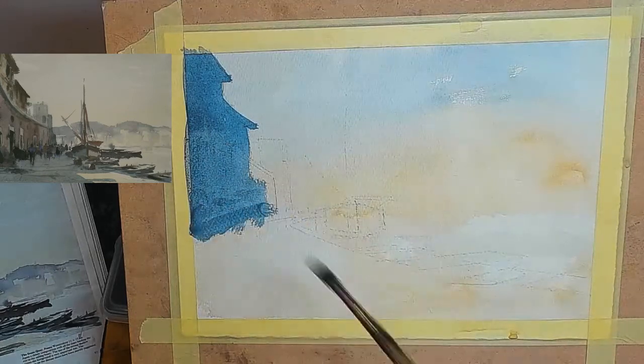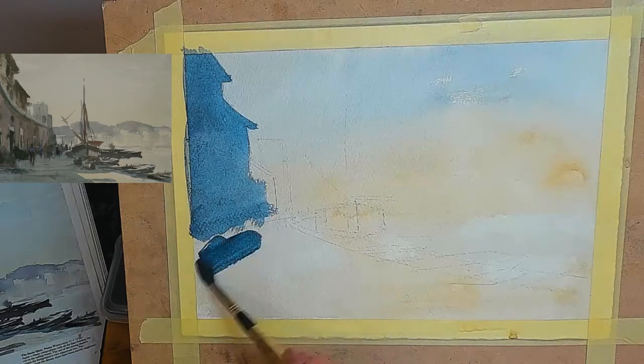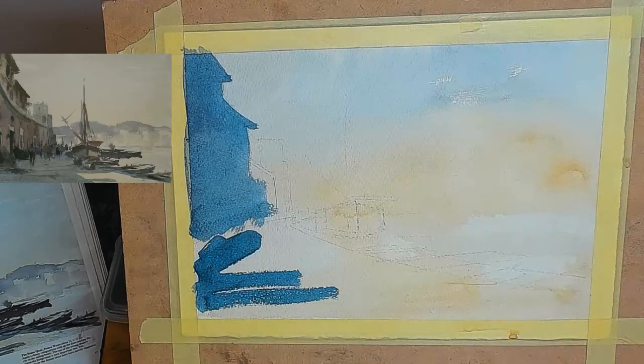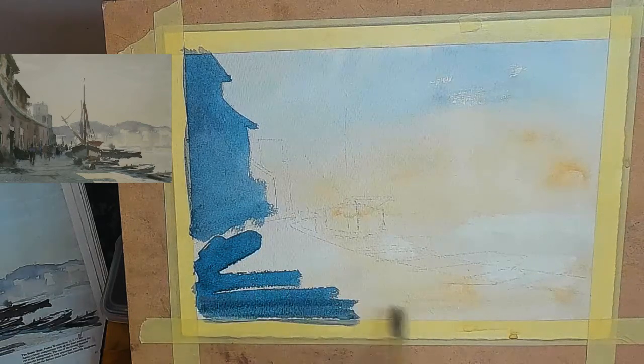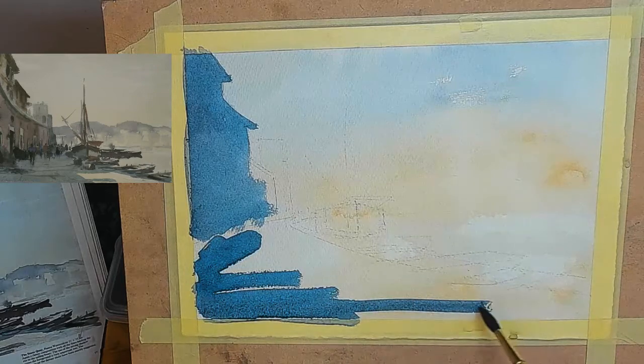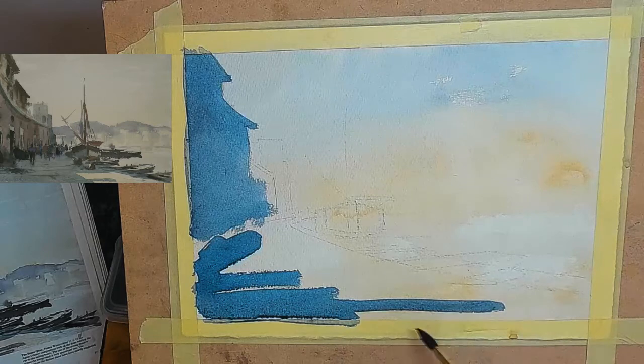I think I've got some ultramarine there with a bit of Payne's grey. And again, I probably went a bit bluer than Seago, although it's hard to tell from the reproduction. And the other thing I probably should have done is mix up slightly bigger puddles of colour. So these are all things you can learn from. As I say, now